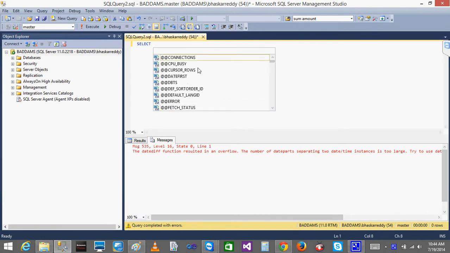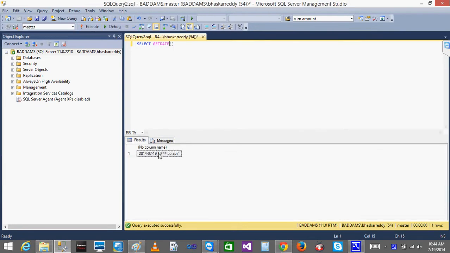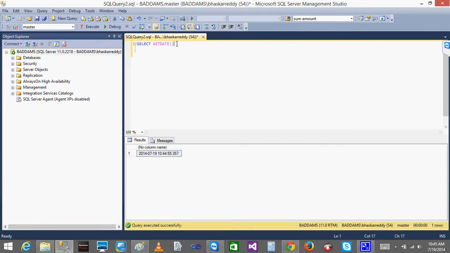Let's say GETDATE is also one type of function. What does it return? It returns a value. GETDATE is one type of function, it returns a value. Now see, I didn't pass any value into that one, I just passed nothing inside the brackets, so it is returning the current date. If I do the same with YEAR,